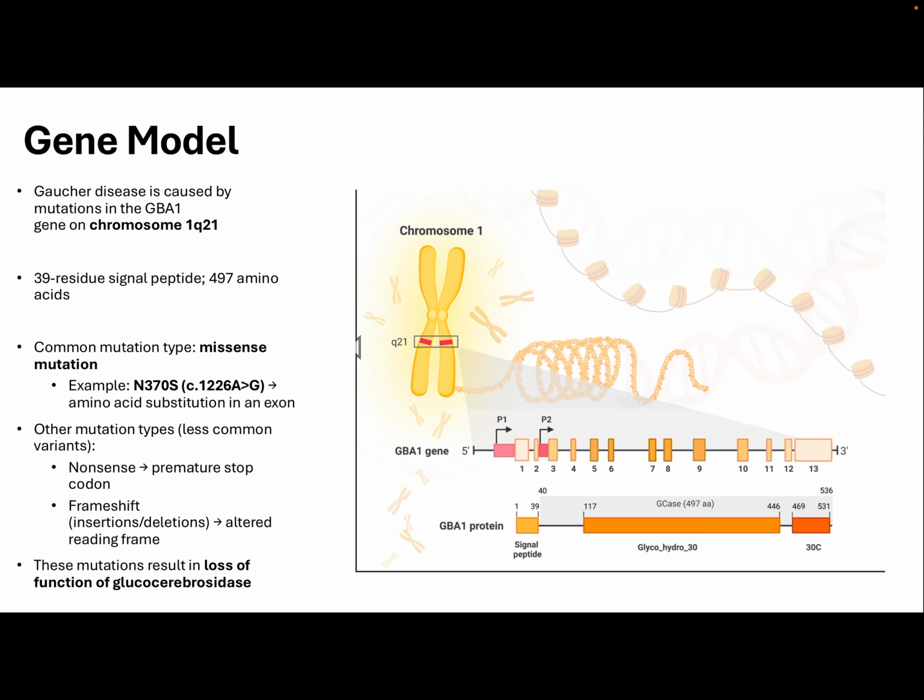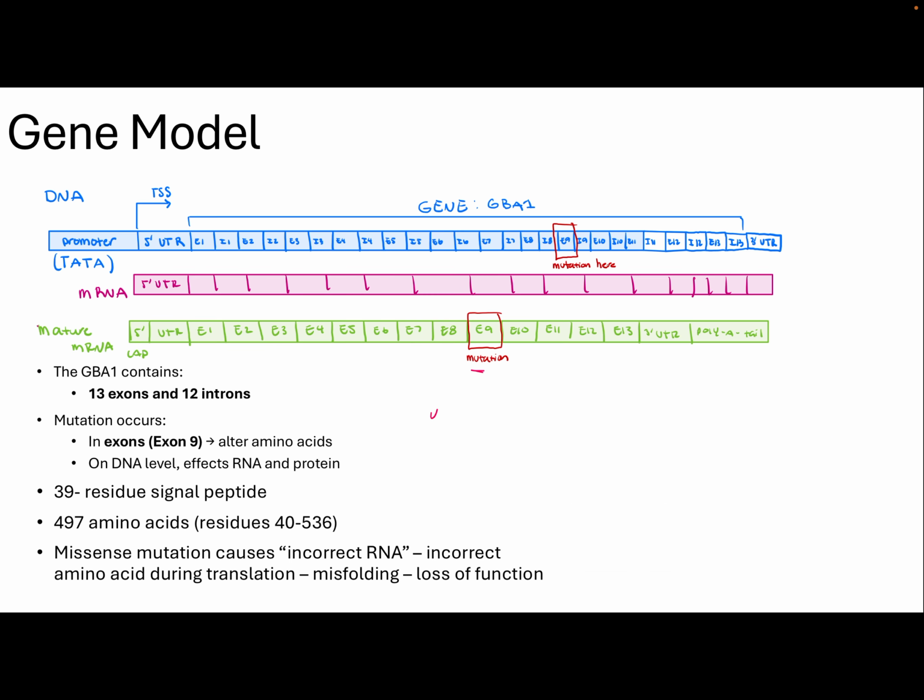And as I said, these mutations cause a loss of function in the main acting protein, which also has enzymatic activity that breaks down all of the fats in the lysosomes. And so here is another gene model showing the DNA, how there's the promoter region, where there's the specific consensus sequences that go along with this gene,